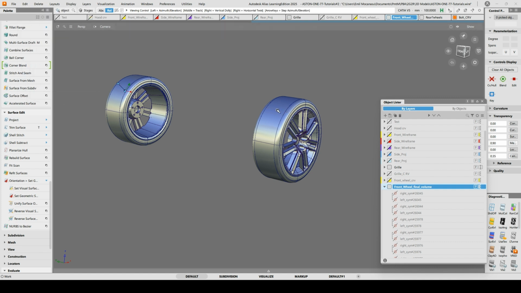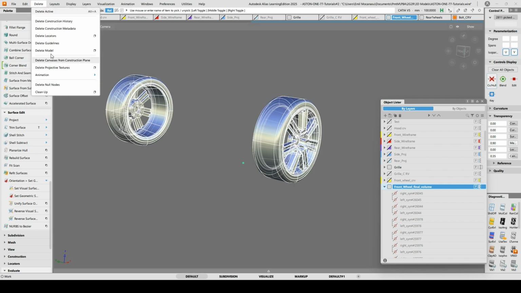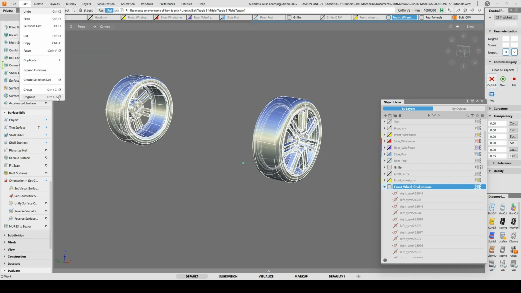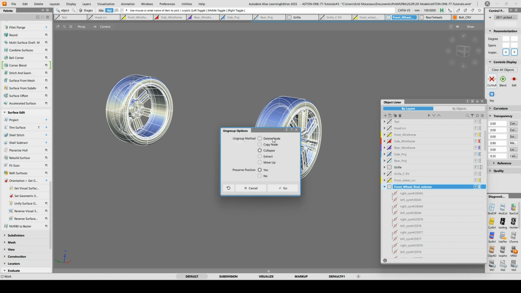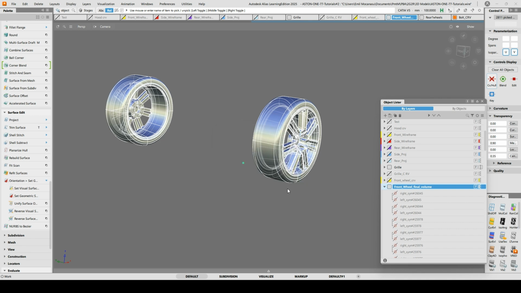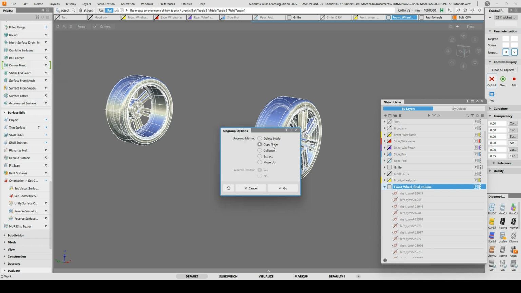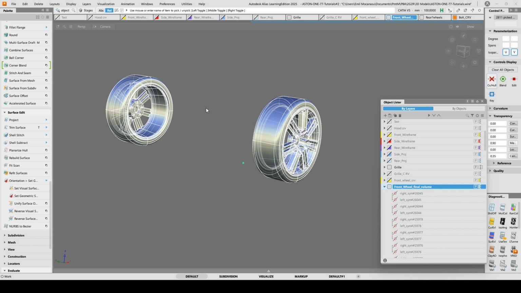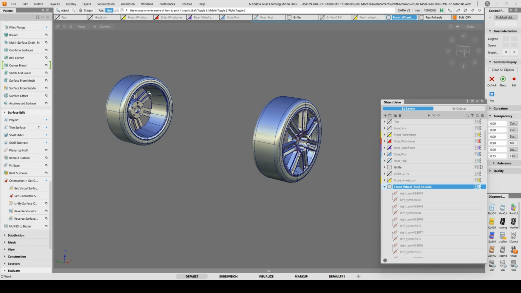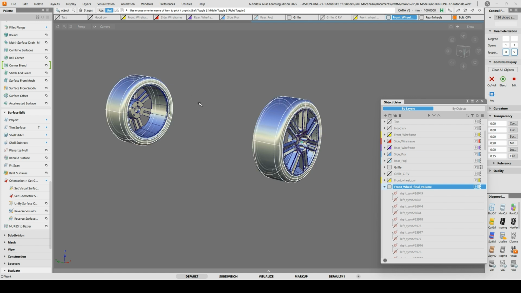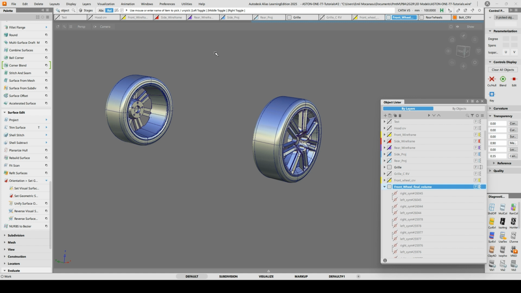So I'll take that first. I'll go into edit, ungroup, and I'll just hit copy node. It didn't do it. I'll just use the default setting, delete node, hit down, go there. Then you'll see we've got each groups, and instead of having to find all that, I'll just